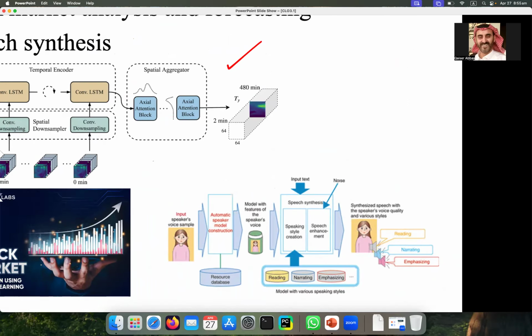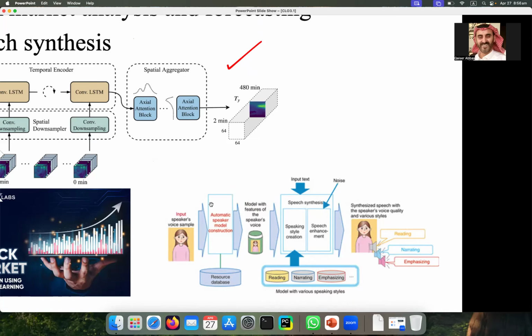Speech synthesis is when you are speaking, then your model is understanding your accent or pronunciation or whatever, and then it is converting it into some other voices or your own voice with a different style. So here we are not converting the speech into text. No, here we are converting our speech into some other dialect or into some other style.